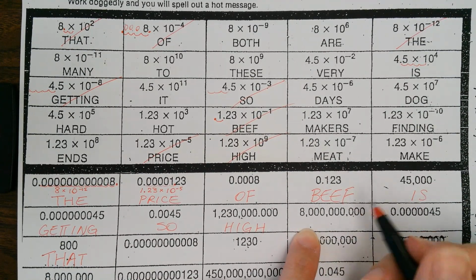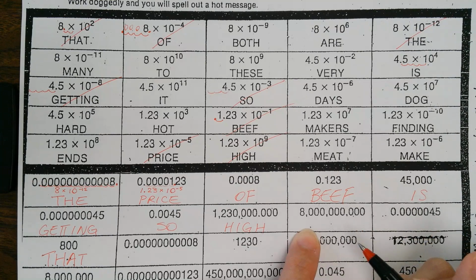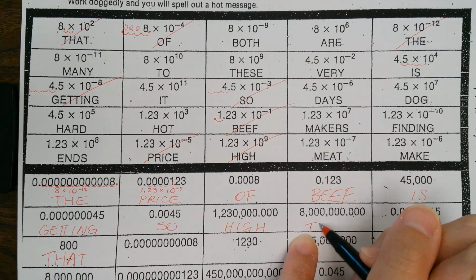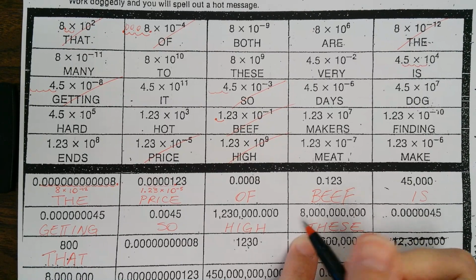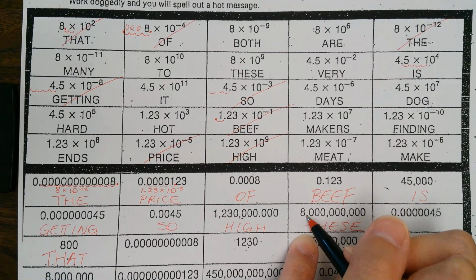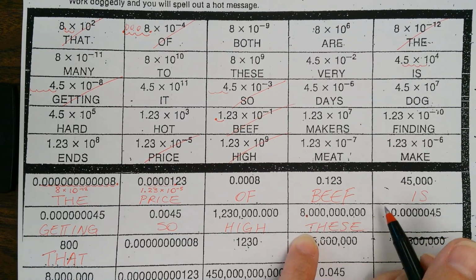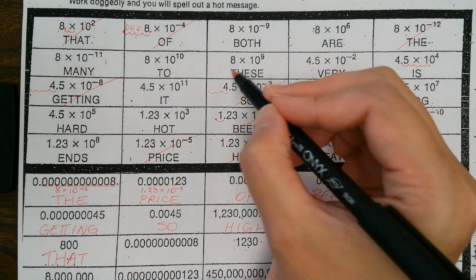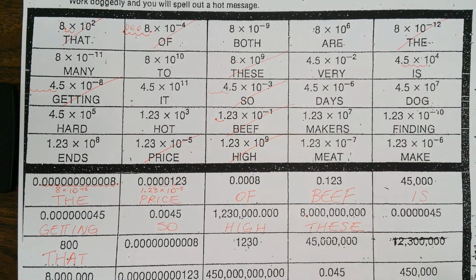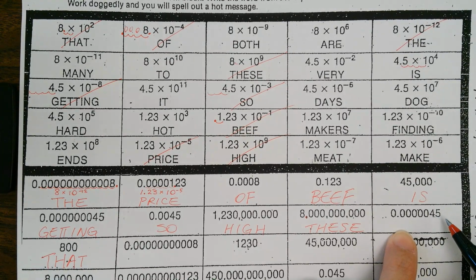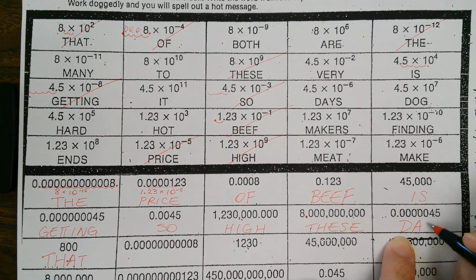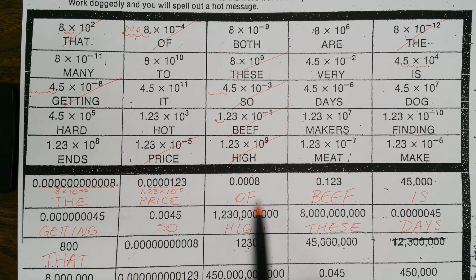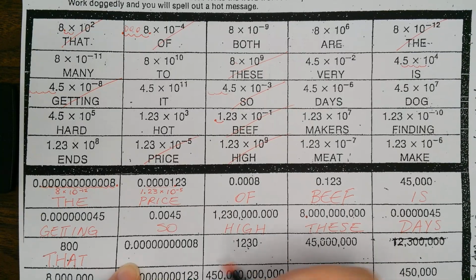Sean. When you move over the decimal place after the 8, you move it over 9 times. It means the scientific notation is 8 times 10 to the power of 9. Jasmine: days. So the price of beef is getting so high these days that